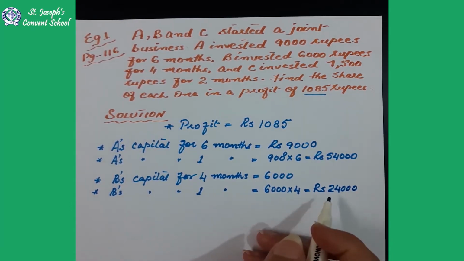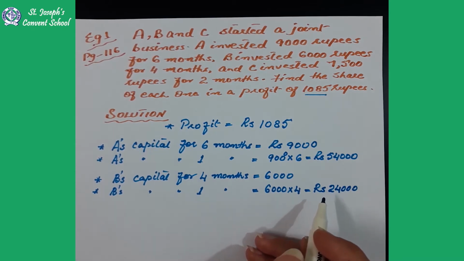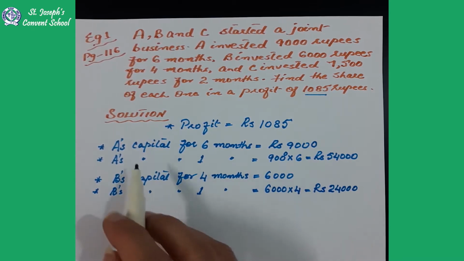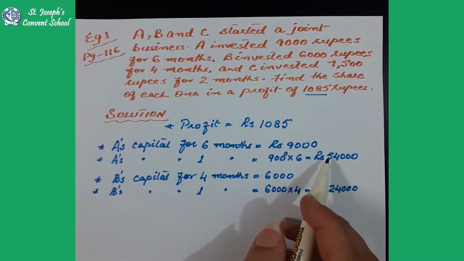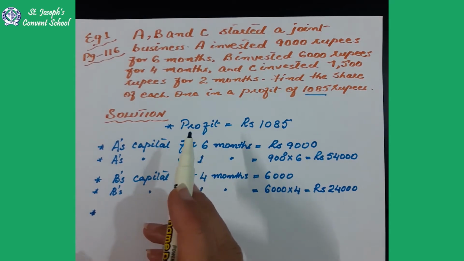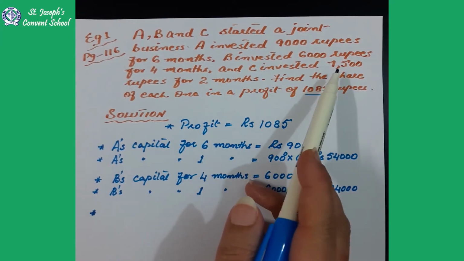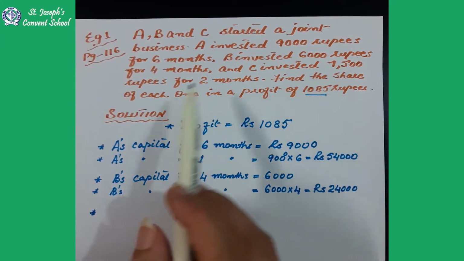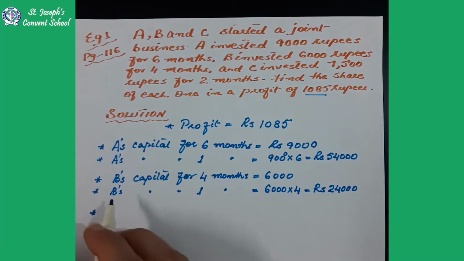So B's capital, B's amount, he invested 24,000 rupees. A invested 54,000 rupees. Now the third person, again the time period is different for the third one. C invested 7,500 rupees for 2 months. Okay, so C's capital for 2 months,